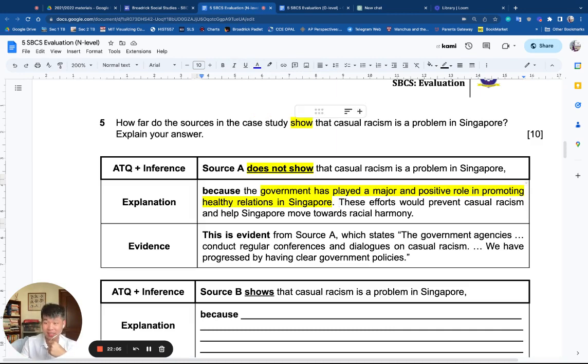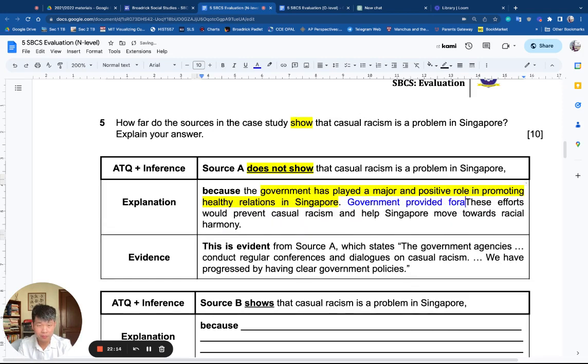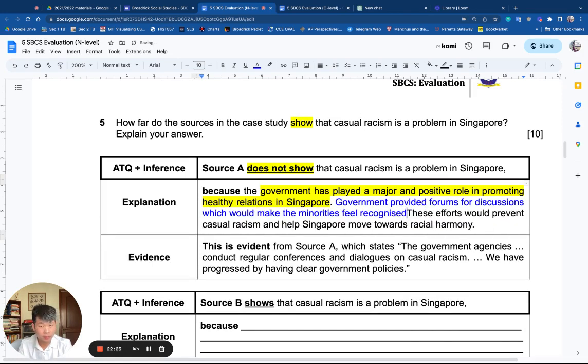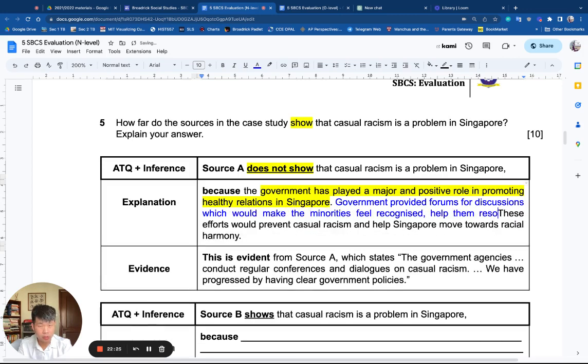Once I start thinking and talking, I end up making your answer really, really big and long, right? So providing a government-provided forum for discussion, which would make the minorities feel recognized, help them resolve their unhappiness